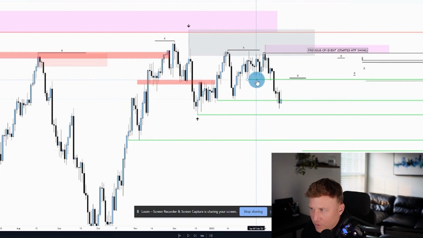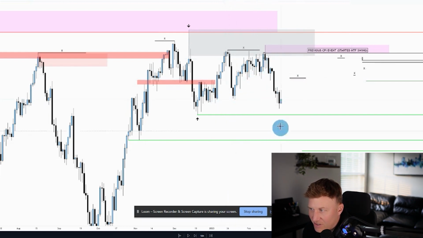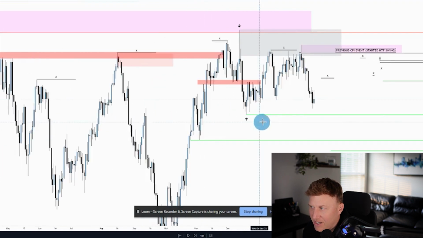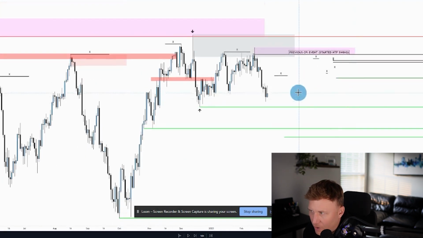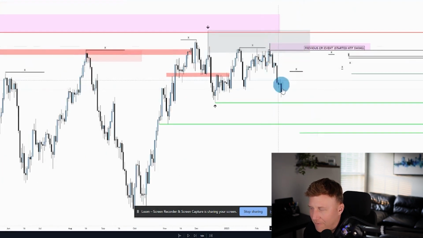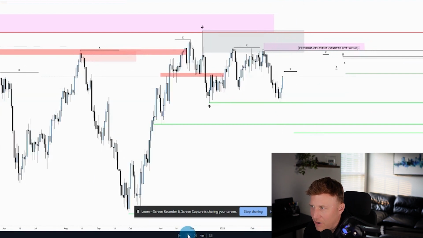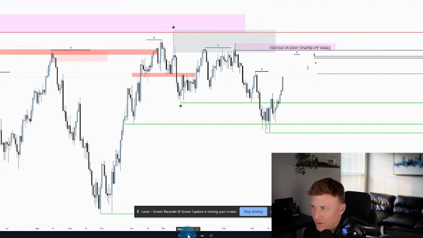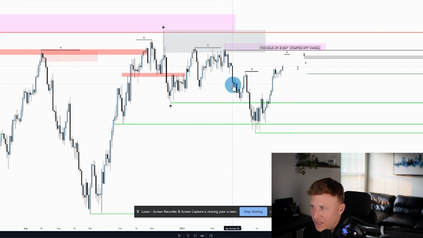Now you can see these equal lows have been taken. I'm going to take those off. We broke the structure. We've taken these relative equal lows. This leaves the main target down here, and I'm going to just show you what happens after we see price start to run. So we can see price pushed down, pulled back up, and then came down and ran all of these primary